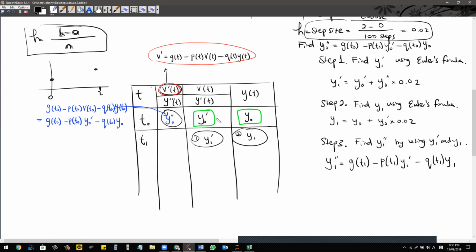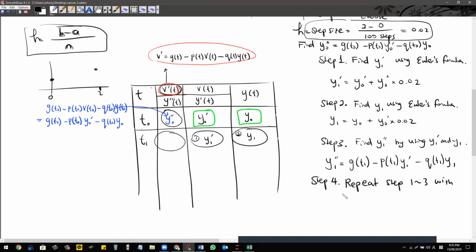You find this one using these two, and then you find this one. That's step 3. And then step 4 will be to repeat for the next increment. Repeat steps 1, 2, 3. You don't have to repeat step 0. Repeat steps 1, 2, 3